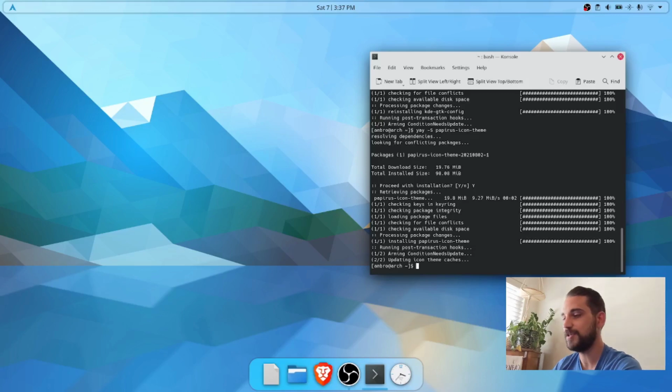You might like Breeze, you might like Adwaita, I'm not quite sure how to pronounce that. You might like whatever comes with Ubuntu. I don't really care what icon theme you like, but you'll have the option to install whatever icons you want a little bit later in the video. I like the Papyrus icon theme, so that's the one we're going with. I also